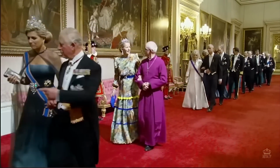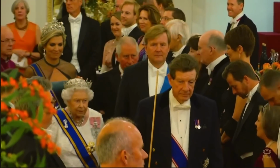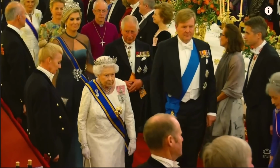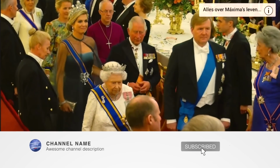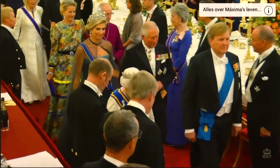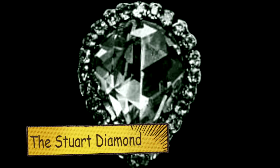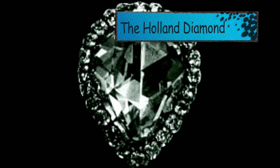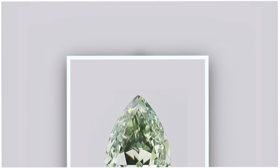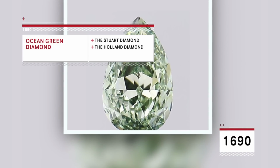This tiara, and accompanying parure, goes by a variety of names, like the House Diamonds, the Stuart Tiara, etc. Whatever you want to call it, it is the grandest set in the substantial Dutch royal collection, and it houses perhaps the single most important stone in the collection. That stone is the Stuart Diamond, a diamond not without its own set of names. It is often called the Holland Diamond, and with one of those histories so extensive you just wish jewels could talk. The exact origins of the stone are a bit hazy, but it comes into our focus in 1690 when